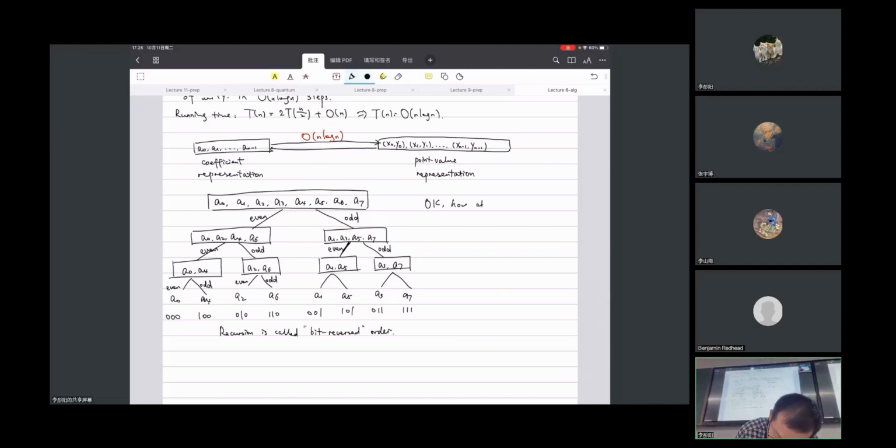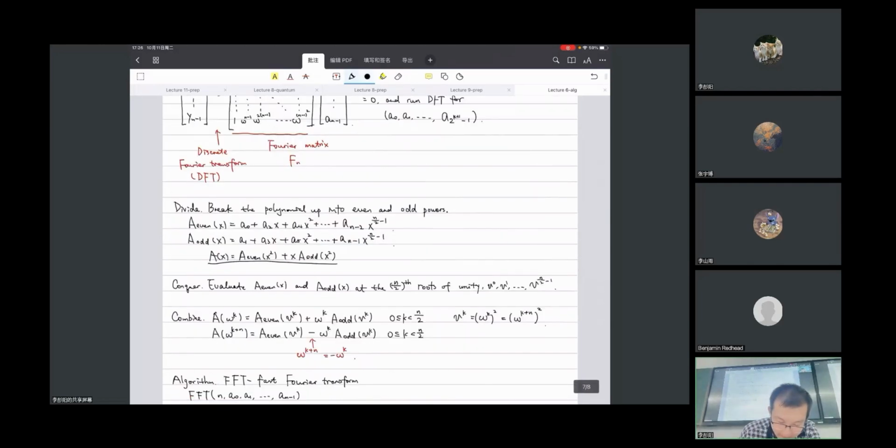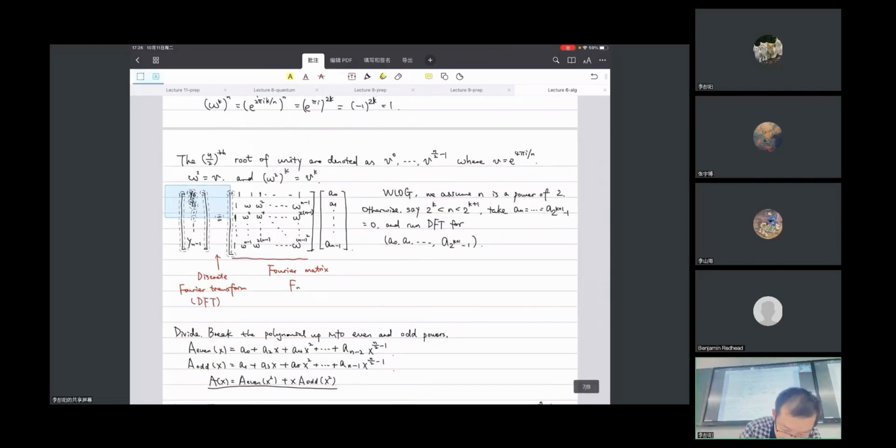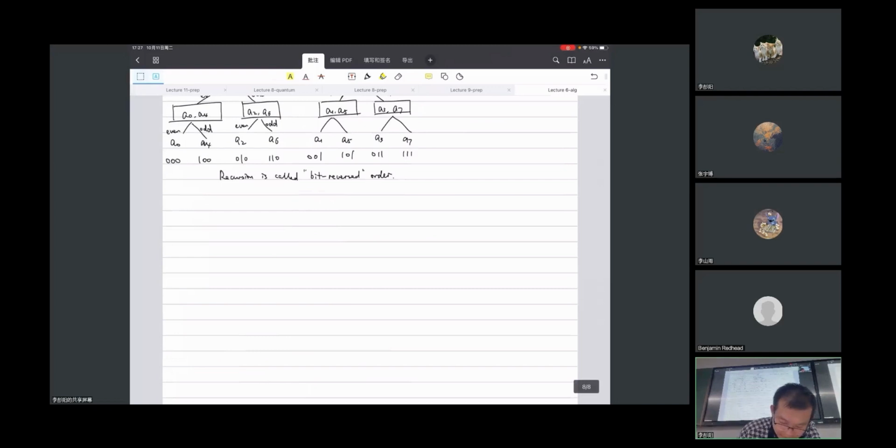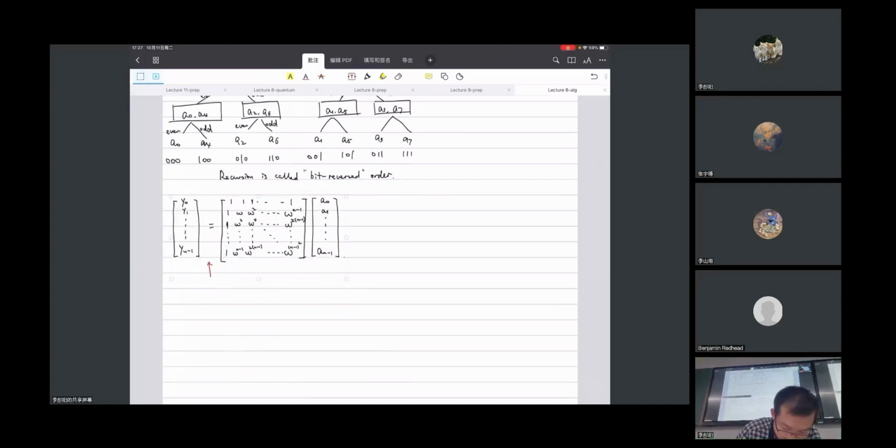So how about point value to coefficient? Here, I think maybe a good way to look at this is that we still look at this linear system. We look at this linear system. So that is basically saying that we need to have a